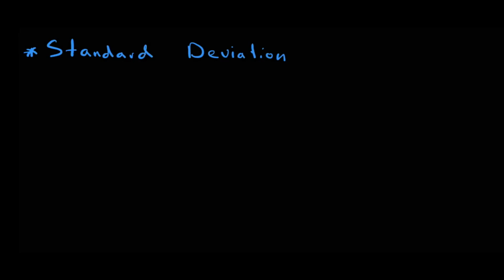Today I'll be going through standard deviation calculations. And standard deviation is essentially a measure of the spread of data around the mean, or the average, of a data set. Now there's two types of standard deviations you can calculate. The first is called the sample standard deviation. And like the name suggests, a sample standard deviation is just the standard deviation of a smaller sample taken from